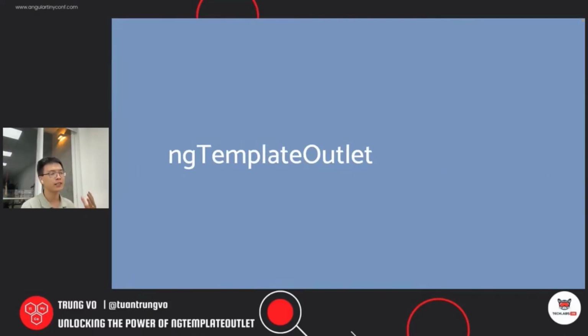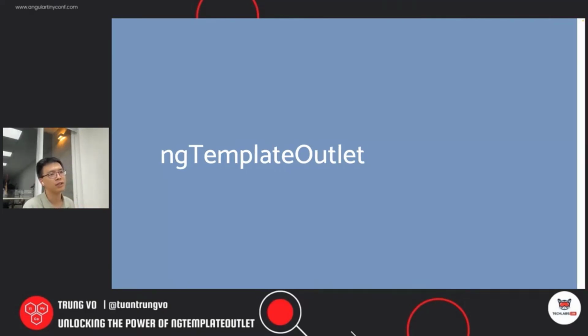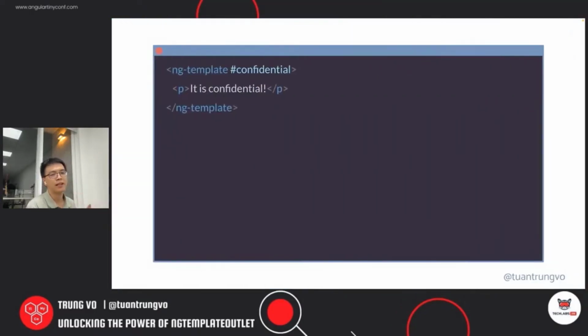So now we talk about ng template that defines a template, and it doesn't get rendered by default. So how do we render the template explicitly if we want to? Then we have the ngTemplateOutlet directive, and the code is pretty simple. I tried to show it on slide before, but I don't have time, so I'll just go into how we can use ngTemplateOutlet. So here I again define a template, and I call it confidential. And then I want to render it somewhere, so I just put a div, and then ngTemplateOutlet here